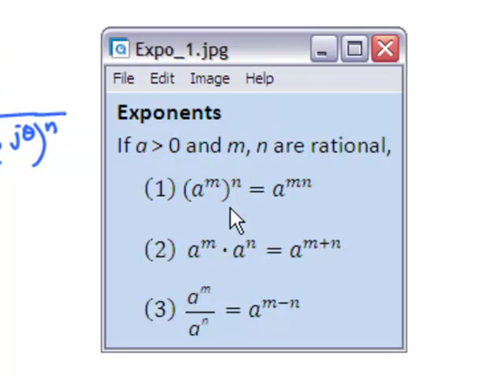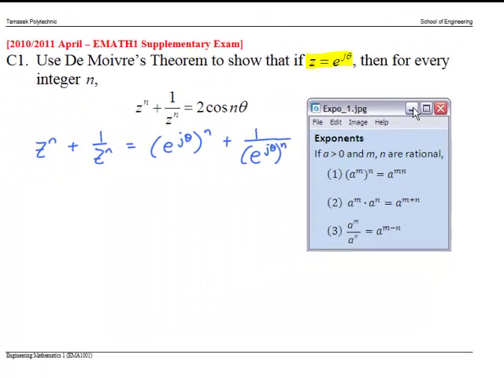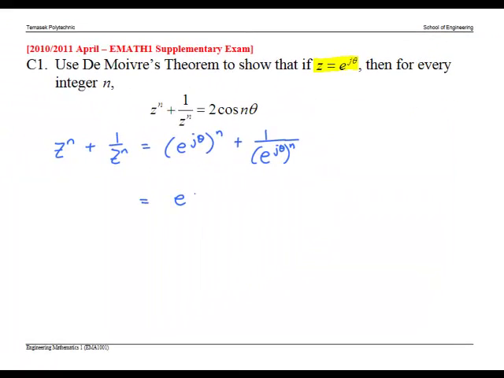Looking at the exponents rule, the first rule tells us that when we raise a to the power m to the power n, we multiply the exponents. This simplifies to e to the power j times theta times n, which is, in other words,